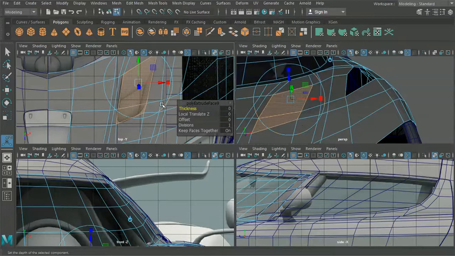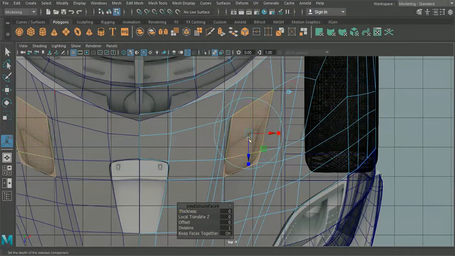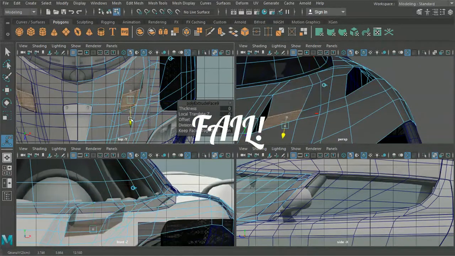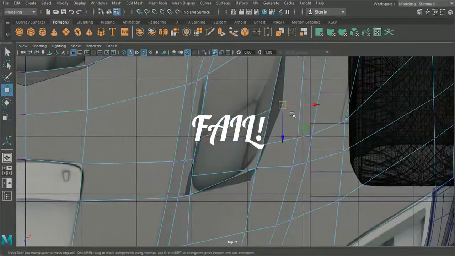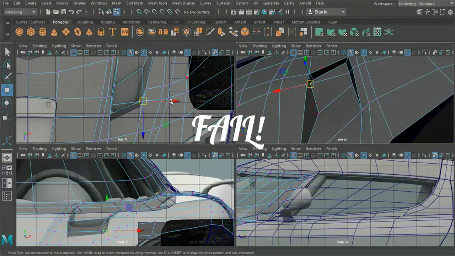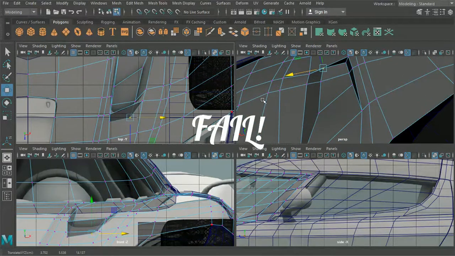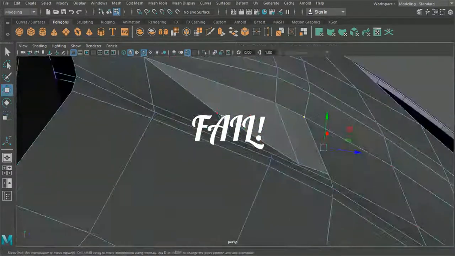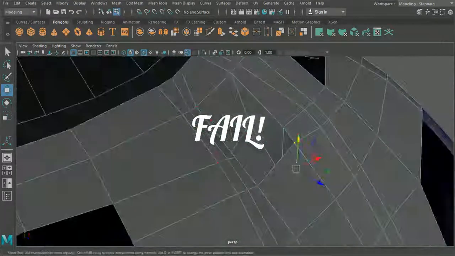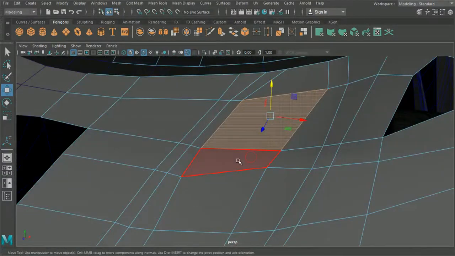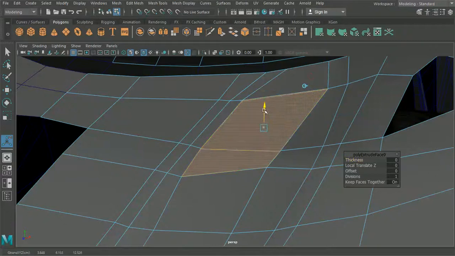Now what we'll do is do this on the world option. So if we bring that all the way back, we select these here, we'll pull it down like so,